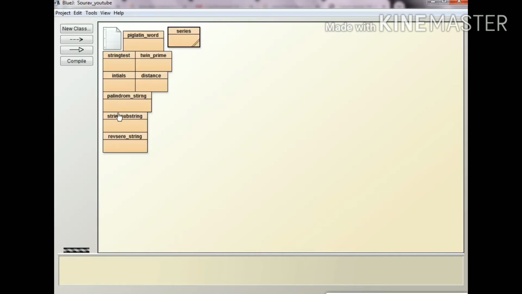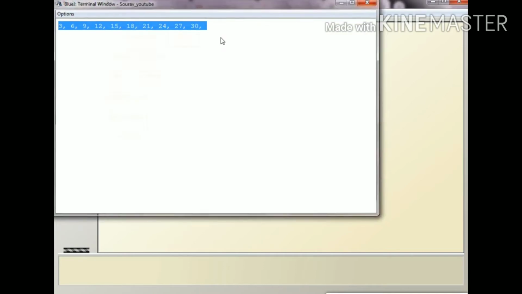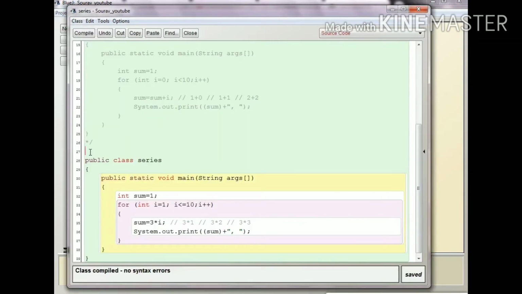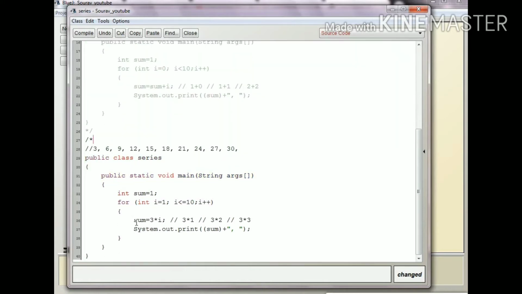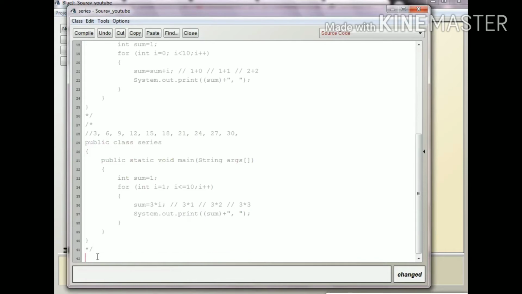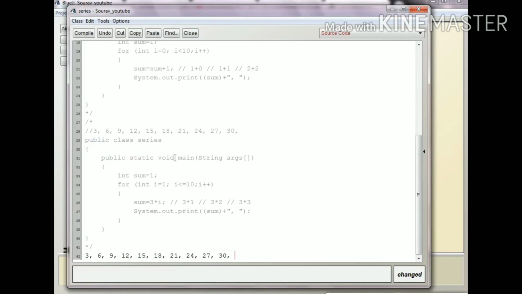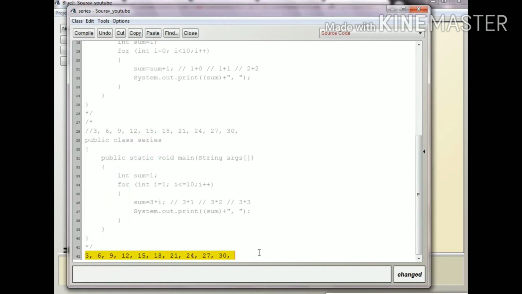Okay, so the output is shown. Now here again I copy the program,